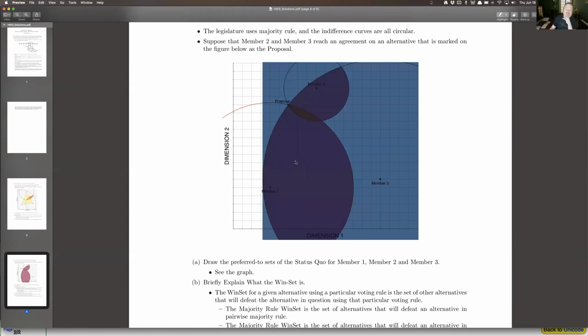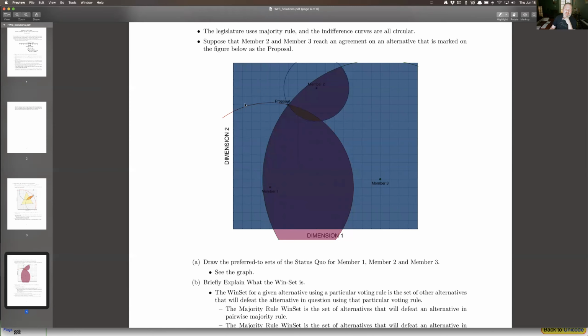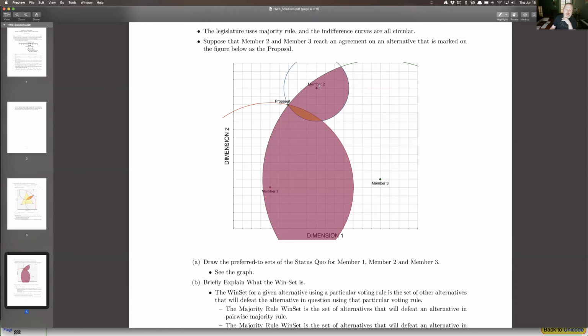So the preferred-to sets, again, are all the points that are equidistant from the member's ideal point. For member 2, it's a circle that runs through the proposal centered on their ideal point. They have single peak symmetric preferences. So that utility mountain has its peak here. And this is a level curve of that utility function, like a topographical